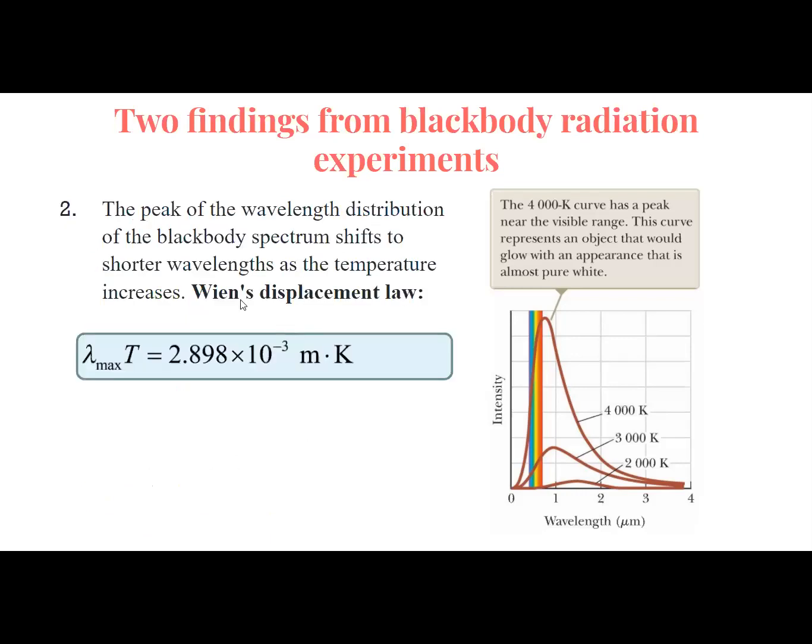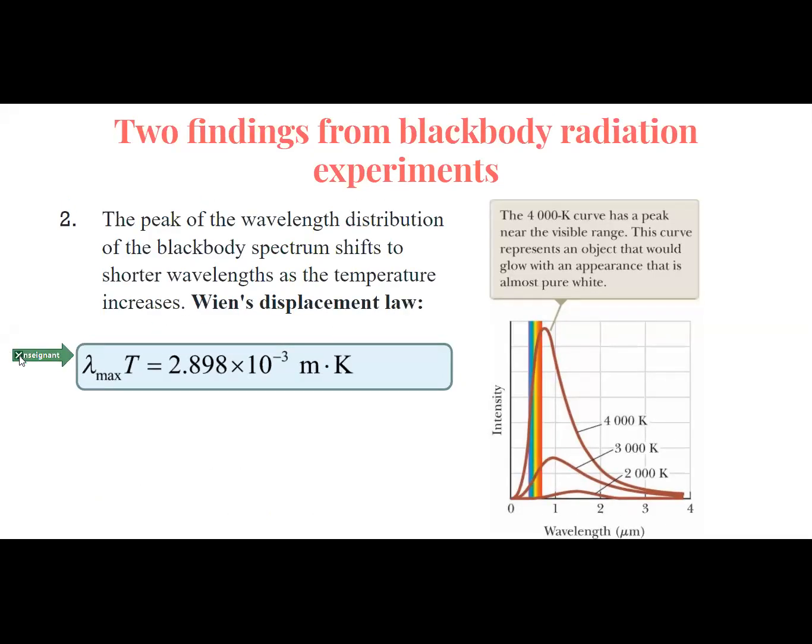And finally, there seems to be a peak in the intensity of thermal radiation, and that's based on Wien's displacement law, which tells you where the peak wavelength is going to be in your thermal spectrum based on the temperature. So this implies that for hotter objects, the peak wavelength is shorter,